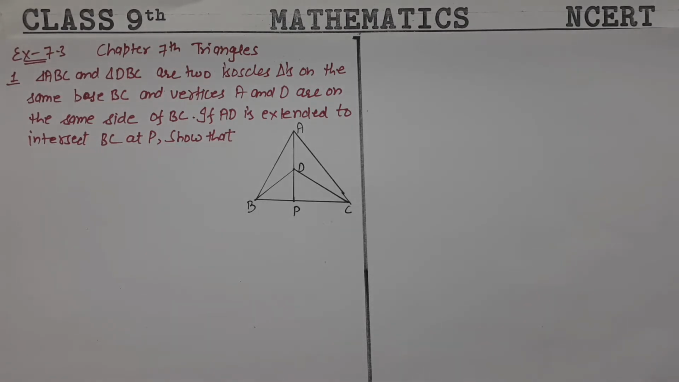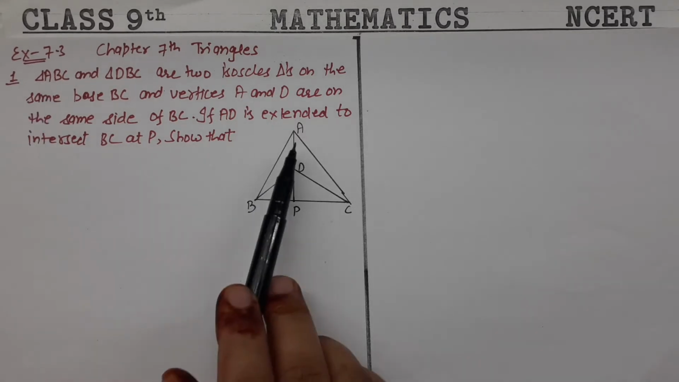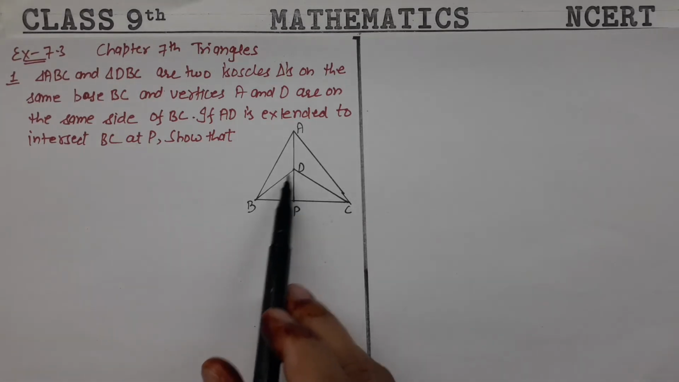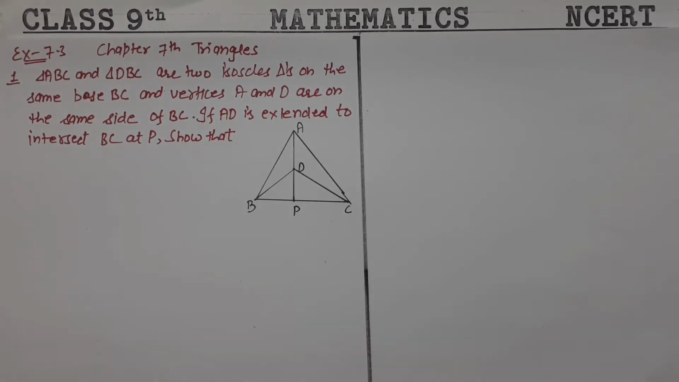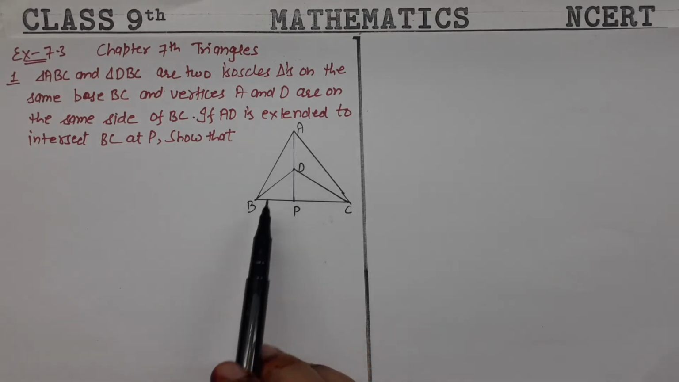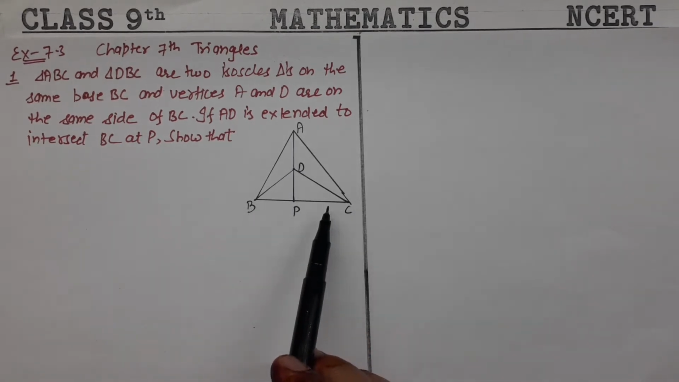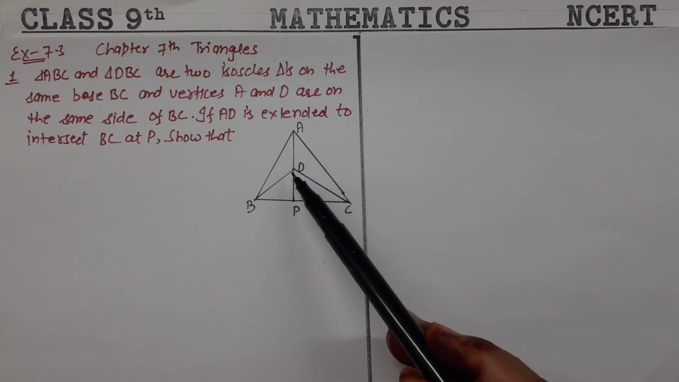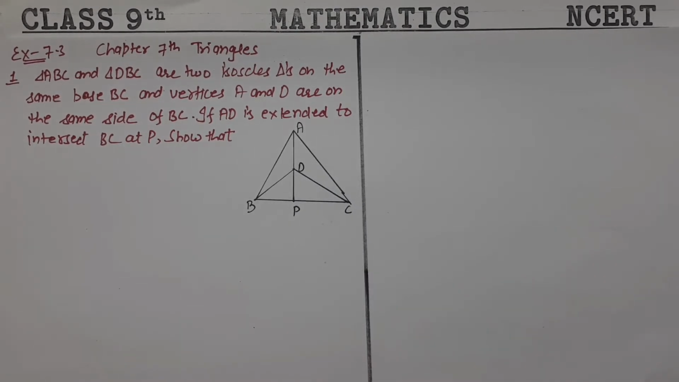Sum number 1. Triangle ABC and triangle DBC are two isosceles triangles on the same base BC. Vertices A and D are on the same side of BC. If AD is extended to intersect BC at P, show that: